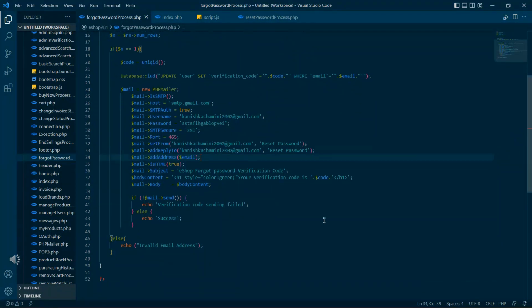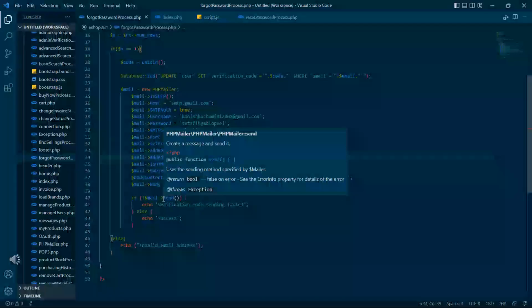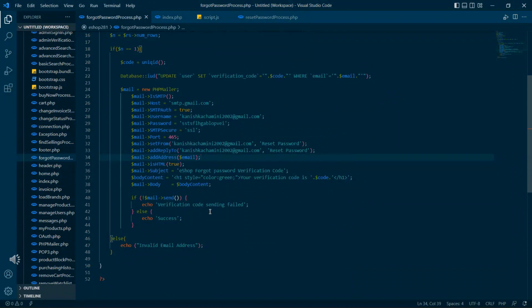And then from this if condition, we will check whether the email has sent or not. By using this exclamation mark, we always check whether it is not. If the mail is not sent, we will display verification code sending is failed. If not, it will show verification code sent successfully. And after sending the